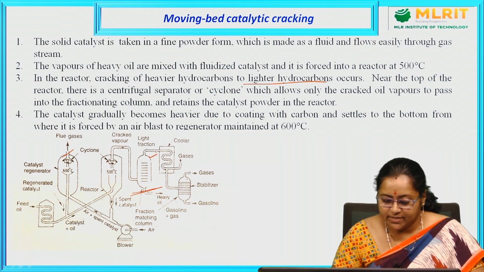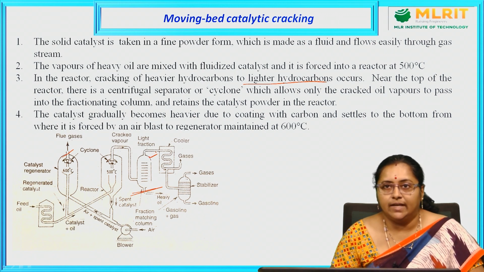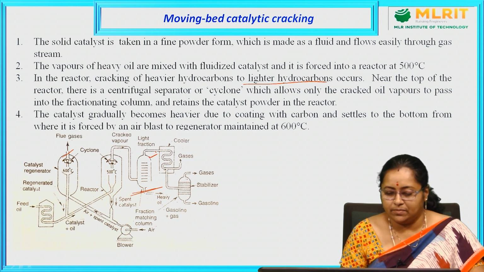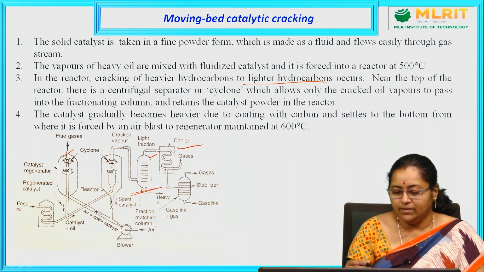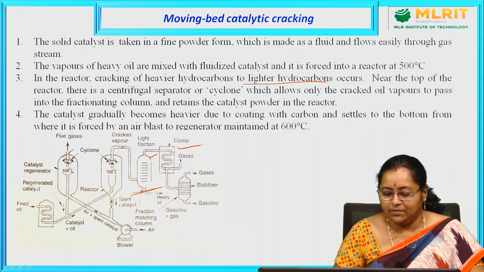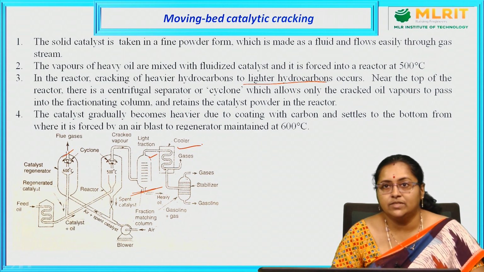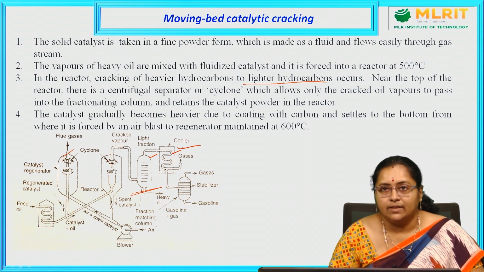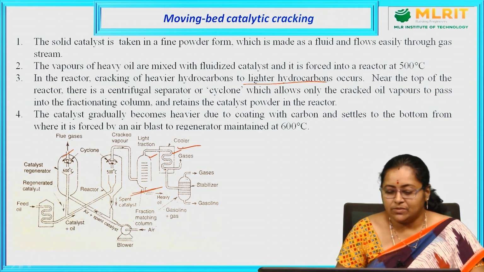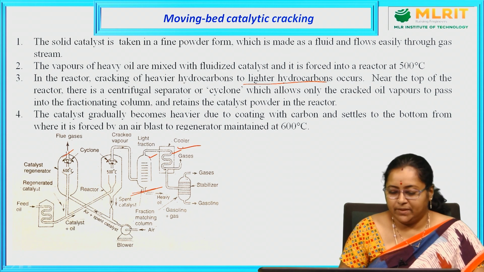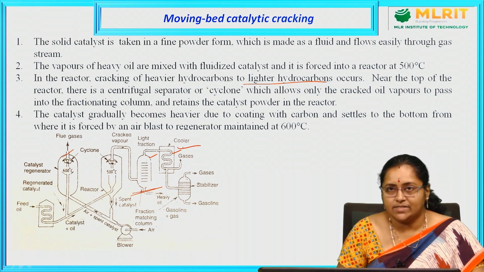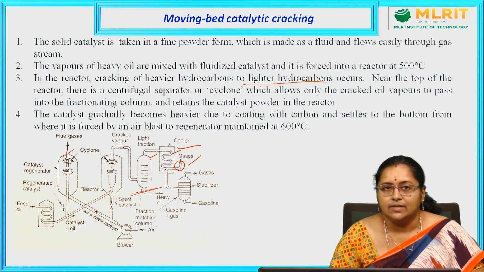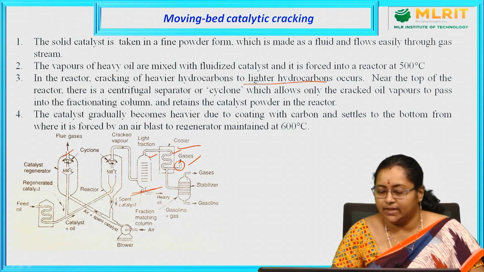After this refining is done, the petrol that is produced, that is the lighter hydrocarbons, is then cooled with the help of a water jacket, which is provided with one pipeline. This pipeline is used to carry the produced gasoline, so it is cooled to room temperature. During this process, if any gases are produced, one outlet is there for releasing those gases. As these are not harmful, we can directly release them into the air or atmosphere.